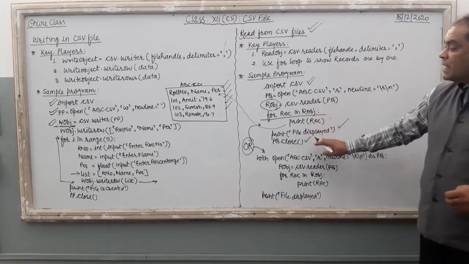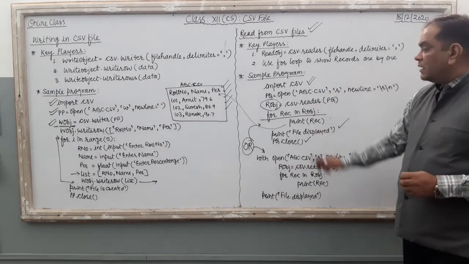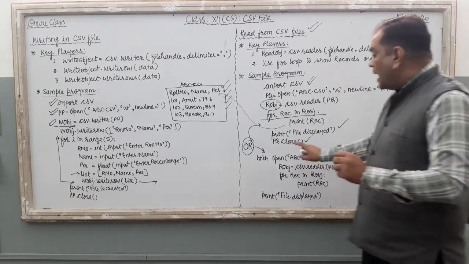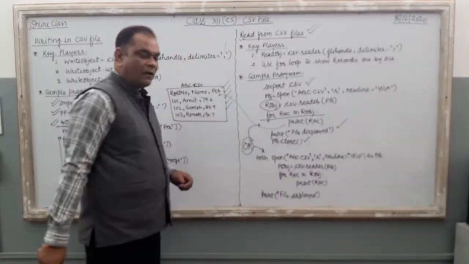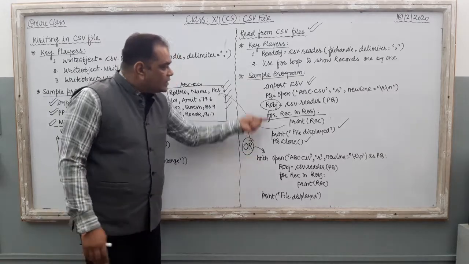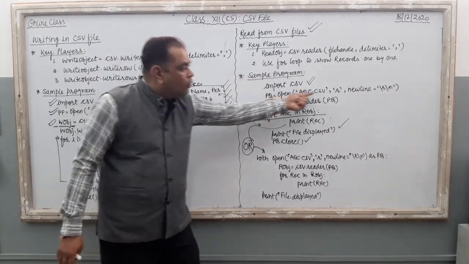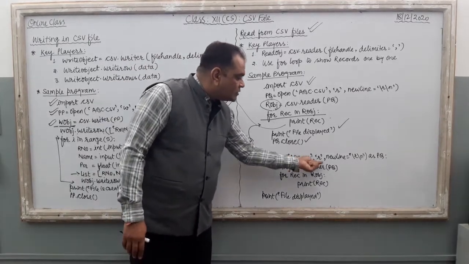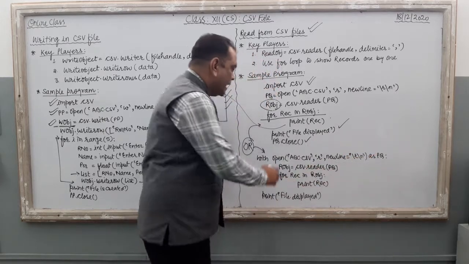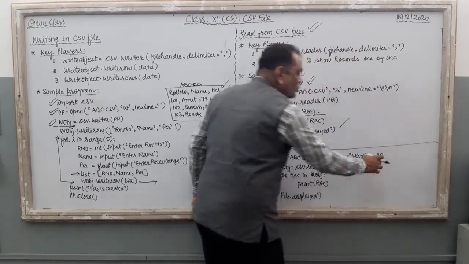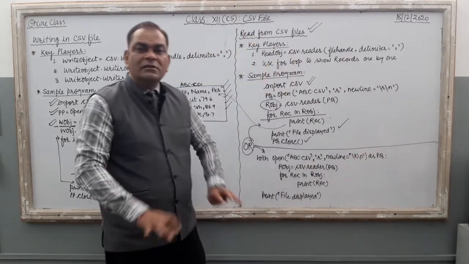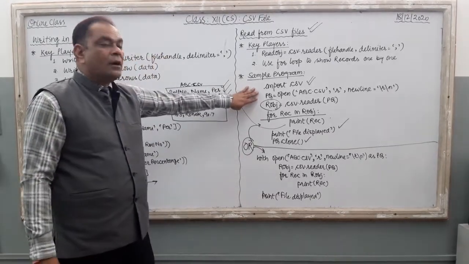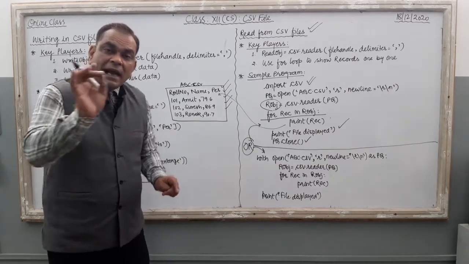And now you see, here you can create this program by using two different methods. The first method is this one, directly you can use open, right? And the second method is also available by using the with keyword of Python. Same thing, see, this open command, you have to put the whole command with the with keyword. With open abc.csv, r, newline, as pq. Now pq is the file handle, so you have to use it as pq. There is no difference. Either you can create your program by using the with keyword or you can create your program directly. No difference in that. There is one small difference.